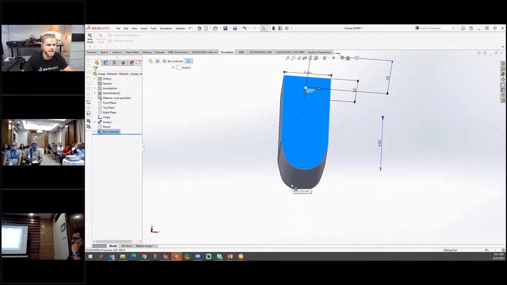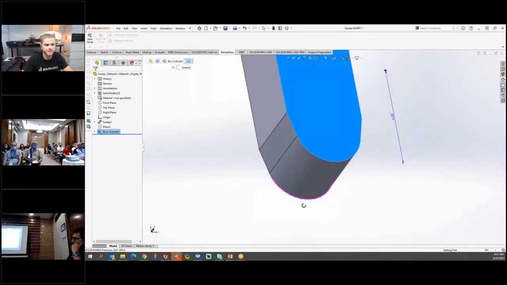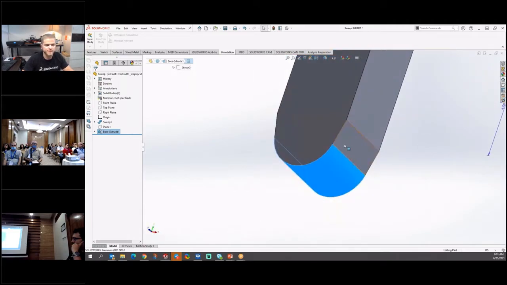But with this customer, what they're doing is extruding a body like this up to that face, up to that swept body. And then what you end up with is 3 resultant faces on the bottom of this swept body. For 3D printing or manufacturing, other cases, you might not want 3 faces. You might want 1 smooth, continuous face there on the bottom of your swept body.